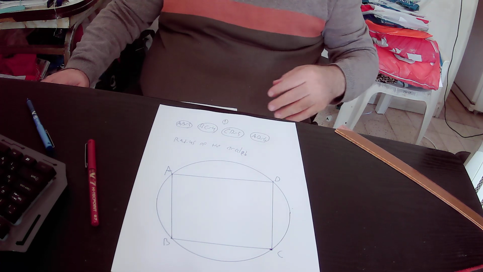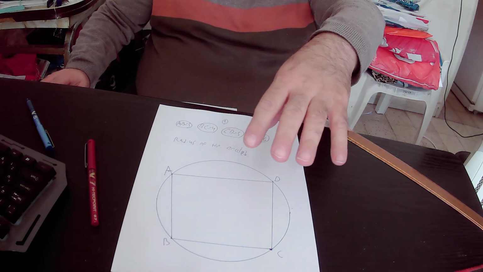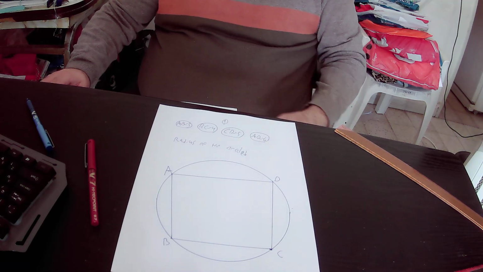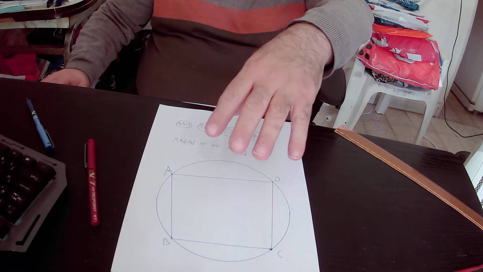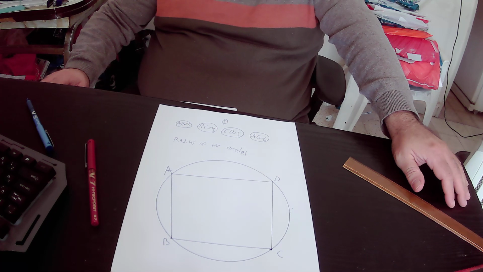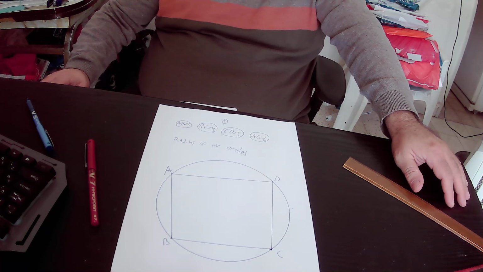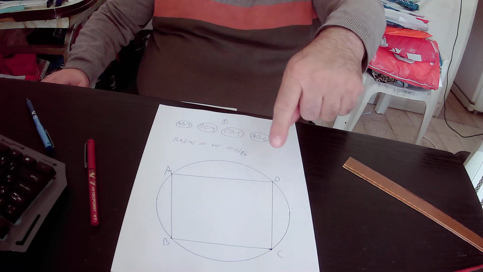Now in this lecture we will find the radius of the circle. In the drawing we have a circle, and inside the circle we have quadrilateral ABCD. So quadrilateral ABCD is inscribed by this circle,